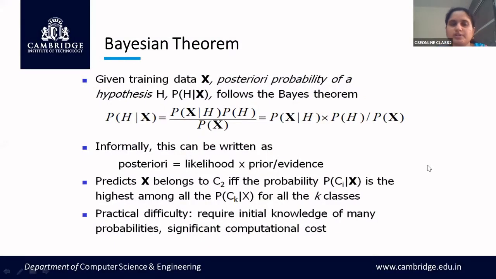So we will continue our discussion with Bayesian theorem. This is the formula for Bayesian theorem. We discussed this briefly in the previous class. So this is called your what probability? Posterior probability. This is your likelihood multiplied by prior probability. This is the formula to be noted in order to find out the posterior probability of the instances.